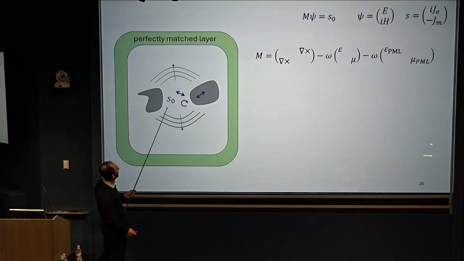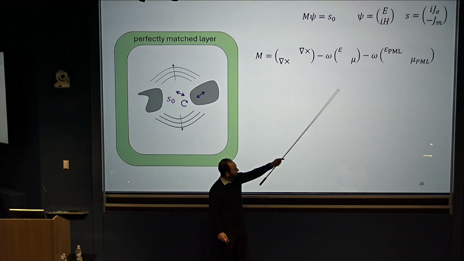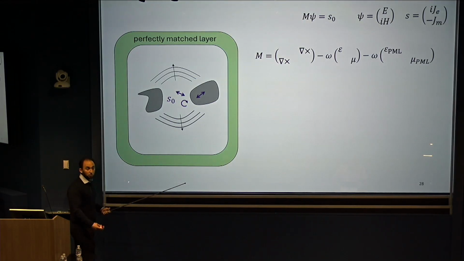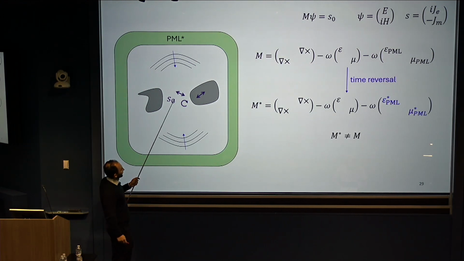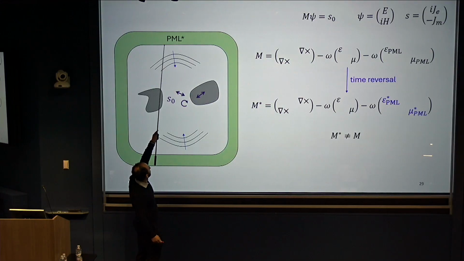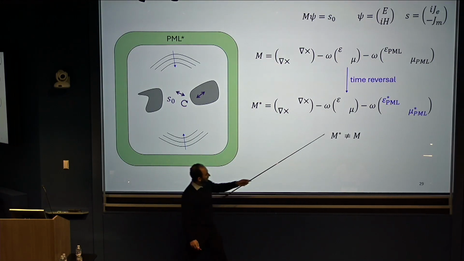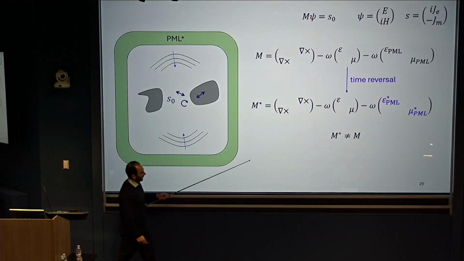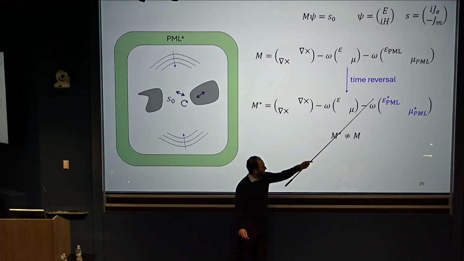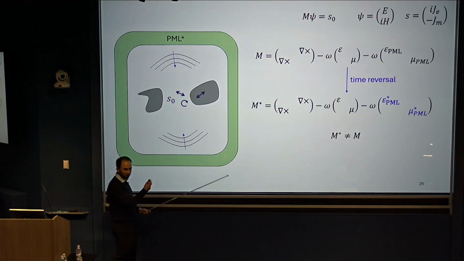One simple way of dealing with open boundary conditions is to put a perfectly matched layer. And what happens is then in your Maxwell tensor, you have some perfectly matched layer material that's doing the absorption of the outgoing waves for you. And so then you go to do time reversal. And not only do you have the time reverse of the original currents, but now you have the conjugate of the perfectly matched layer that's sort of spitting back fields for you. And you have these conjugates of the permittivities here. And it's not that simple to try to work out theoretical properties with the conjugate of a PML. And clearly, it's not true that M star equals M in this framing.